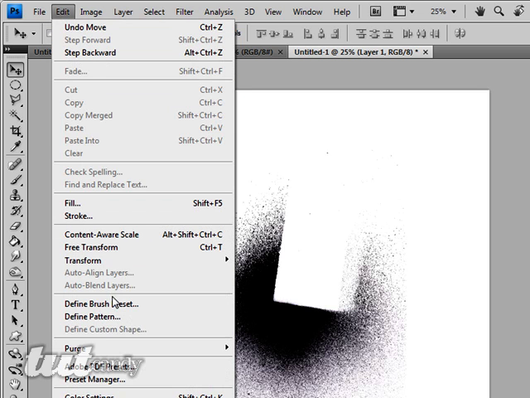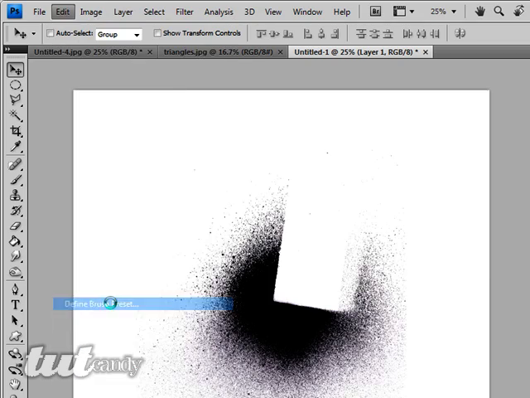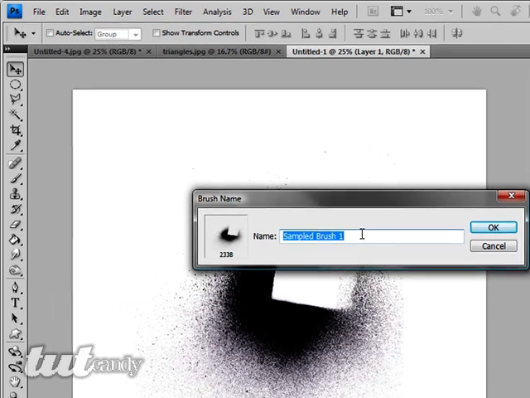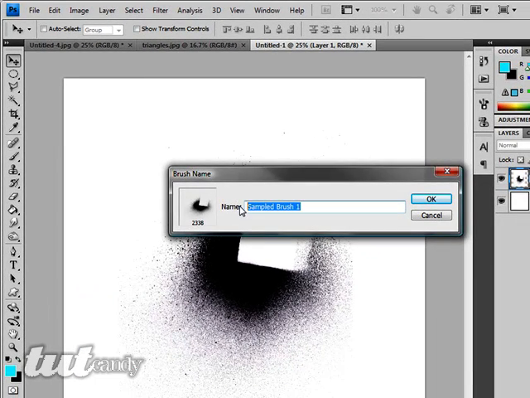Next thing we need to do is go up to edit. We want to define brush preset and just rename your brush to whatever you want. I'm going to call this splatter with square. Just hit OK,